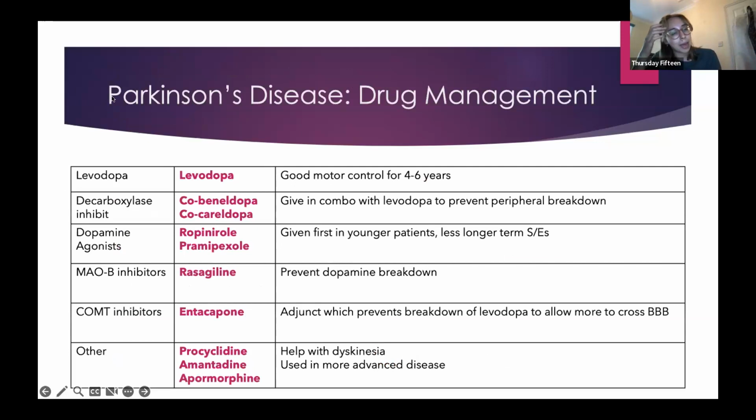So just going on to the management. Generally, the management of Parkinson's disease is an MDT approach. It's not just Parkinson's, here's the drugs, go and sort it out. There's OT involvement, there's physio involvement, there's dietitians, there's psychiatrists, and there's movement specialists, geriatricians, sometimes neurologists. So it's a really complex disease. It's really hard to manage, but it's a big team essentially.